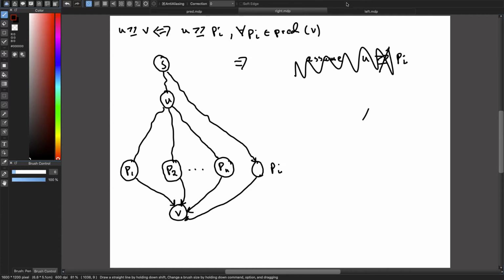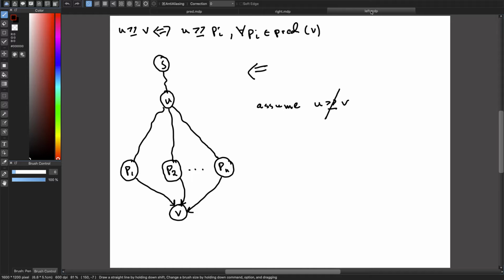Okay, and now let's look at the other direction. Namely, that U dominates each predecessor of V, but it does not dominate V. That means there is a path from S which does not include U to V, but this is impossible, since we have assumed that, okay, there should be another predecessor, or S can be the predecessor, it doesn't matter very much. So here is another predecessor,